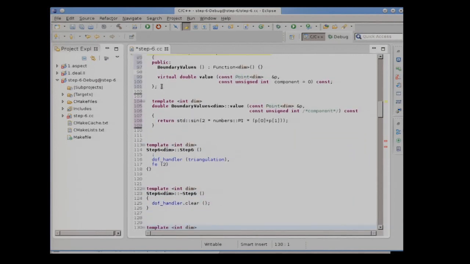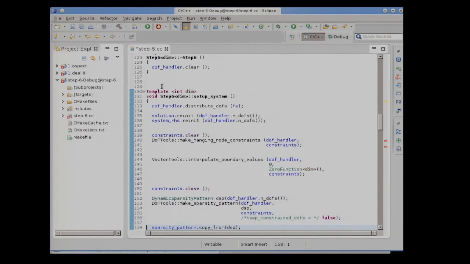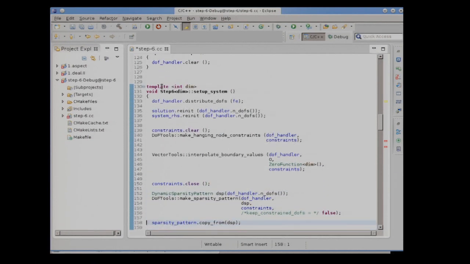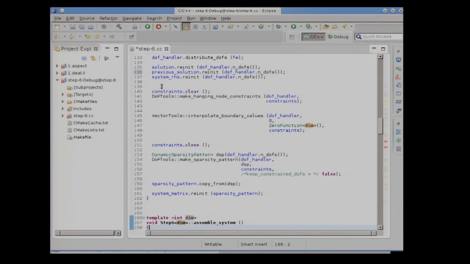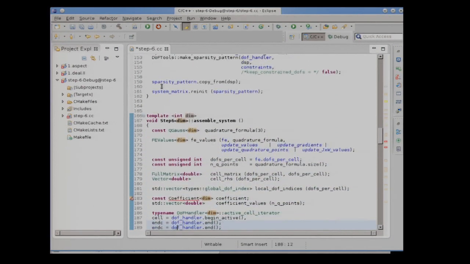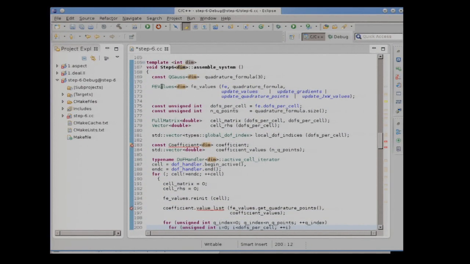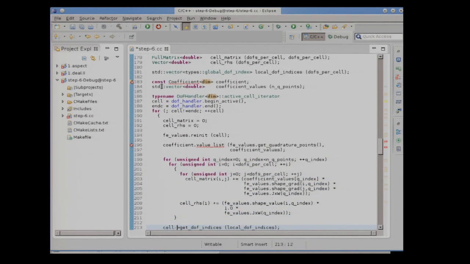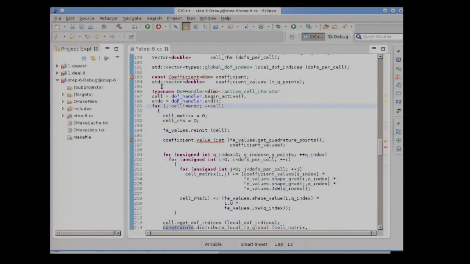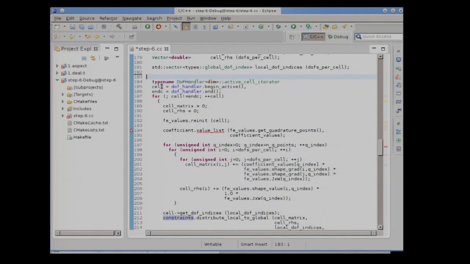Okay, so the constructor stays the same, the destructor stays the same, and in the setup system, I have the current solution. I also need to reinitialize the previous solution. Going through the rest of this thing, everything stays the same. Okay, so in assemble system I now need to evaluate the previous solution and use that as the coefficient in the equation. So I'm going to get rid of the coefficient that we previously had in step 6, and I need a